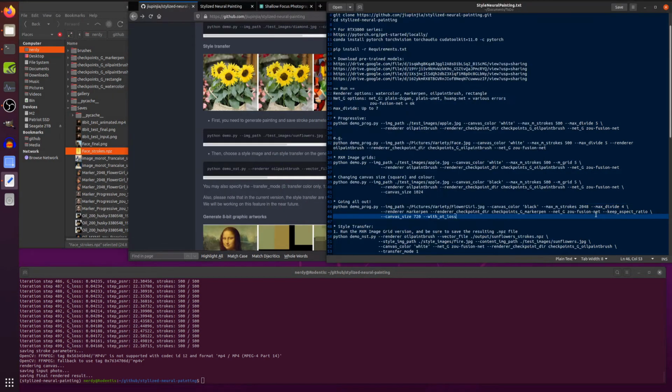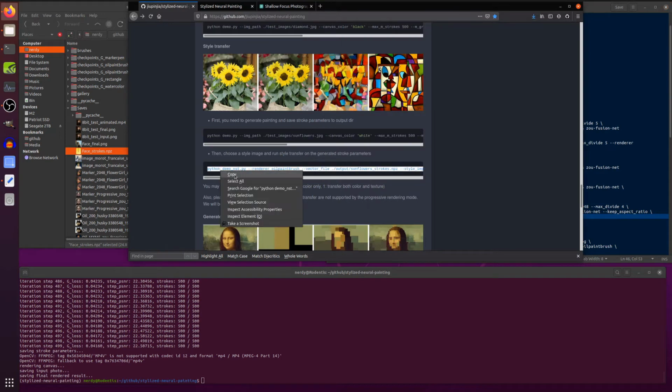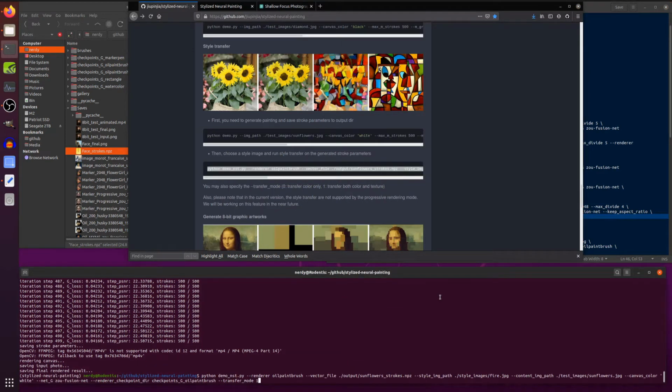So we'll take this style transfer command here, copy this one in, and we'll do it with the face instead. I'm going to use the oil brush paint renderer again because that's the one I used originally, but the vector file is this npz. It saves at the end there, so I've got this in saves,